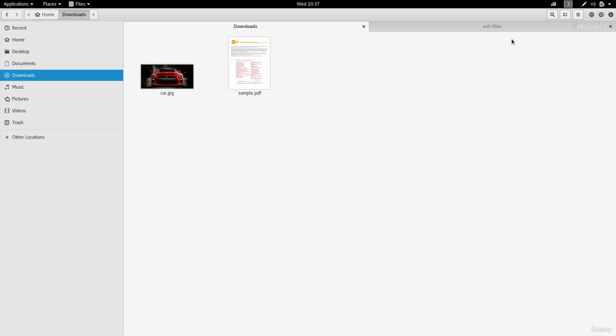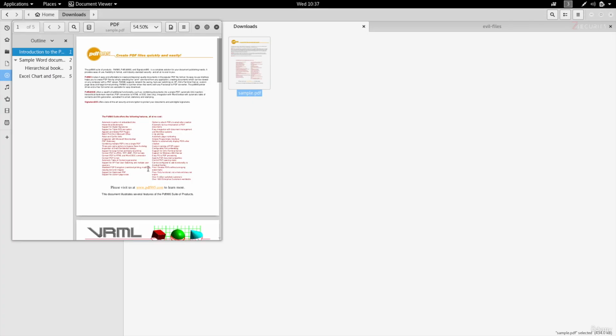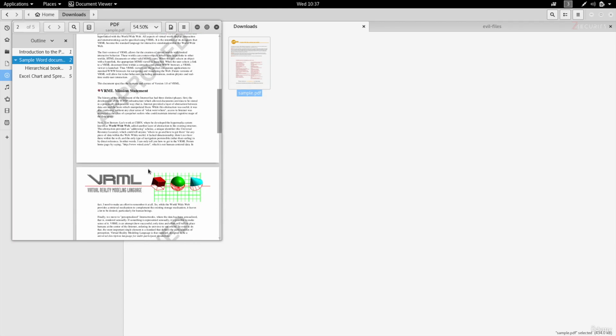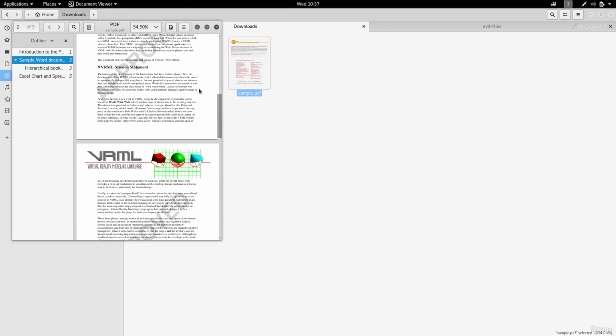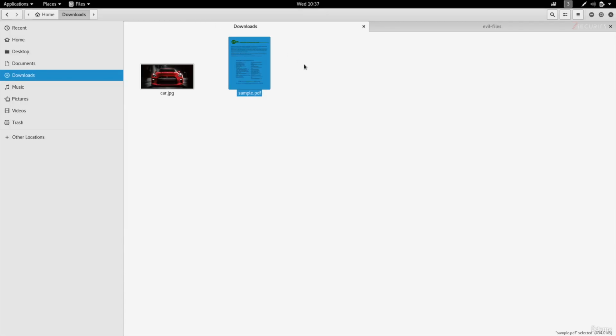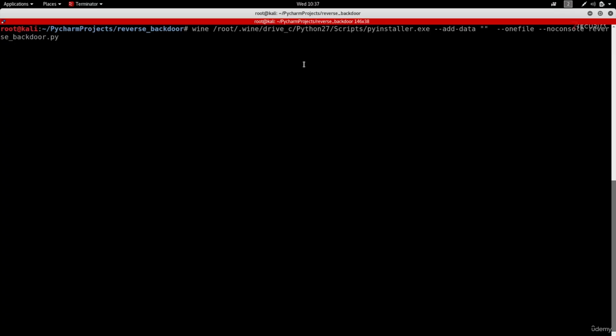In my example, this time, instead of showing a car, I want to show the user a PDF file. So right here in my downloads, I have a file called sample.pdf, and as you can see, if you execute it, you'll see a normal PDF. This is what I want the user to see when they run my backdoor, and I'm going to have to put its full location on my current system after the add-data argument. So it's in my root, downloads, and it's called